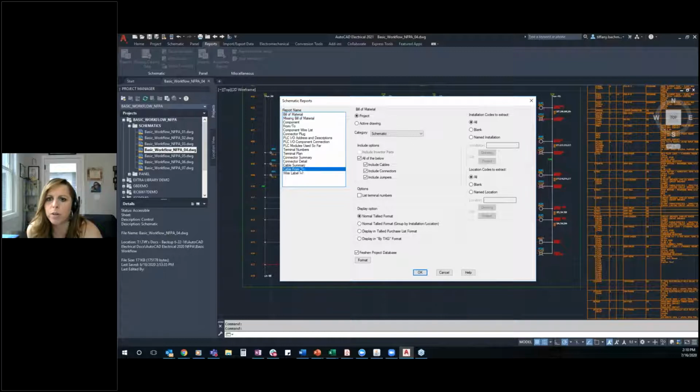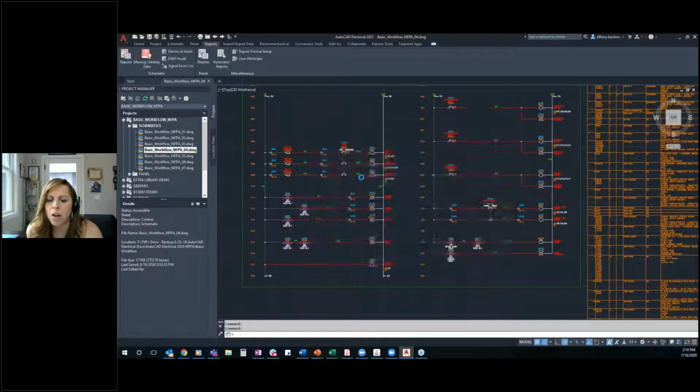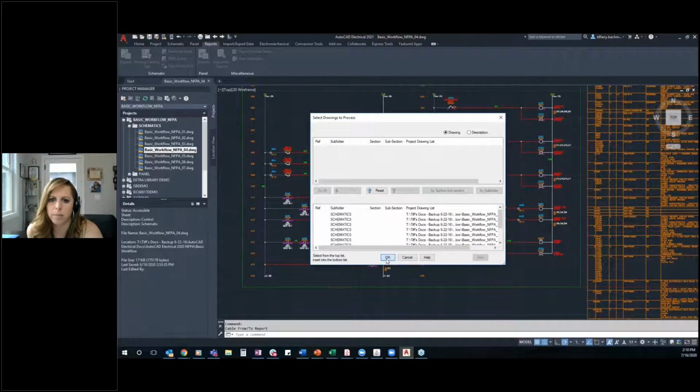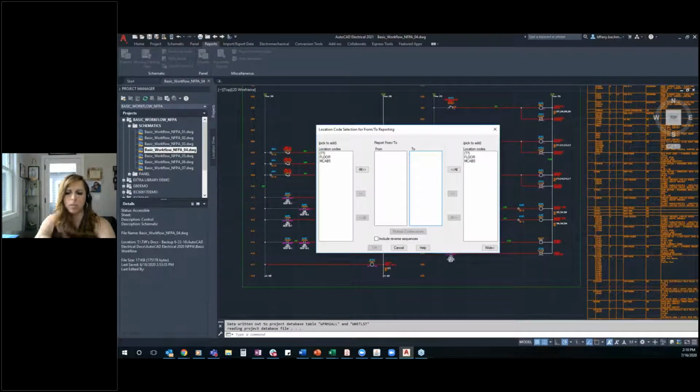But if you were to go to this cable from to, so remember that, and if you were to do it project wide, all reports are 100% customizable. So this is good just for everybody to know, just a little bit of a housekeeping thing on reports. Depending on how all of our reports are done, especially from the from to standpoints of the wire from to or the cable from tos, you choose location codes that you want to report that from and to for. So if you do everything, which is just what I'm choosing right now, and you can make lots of different combinations,